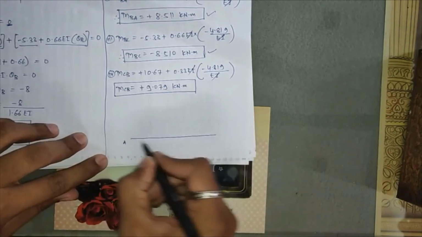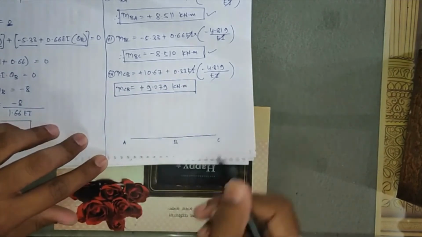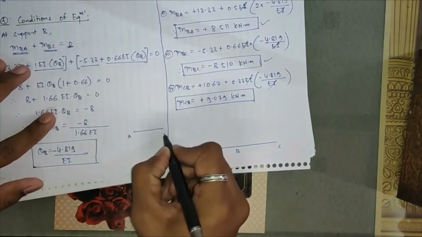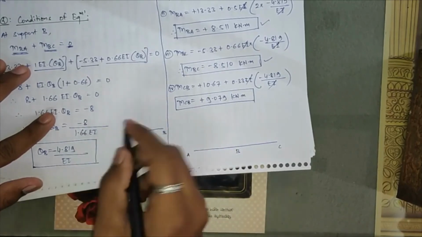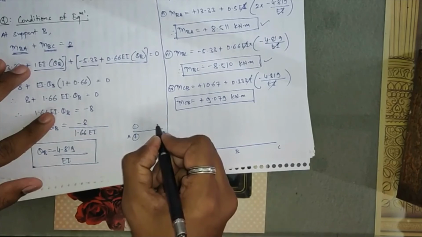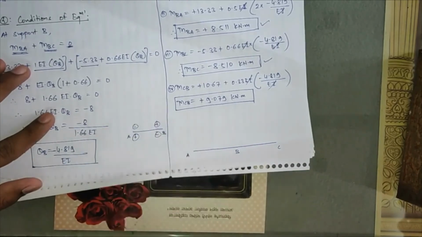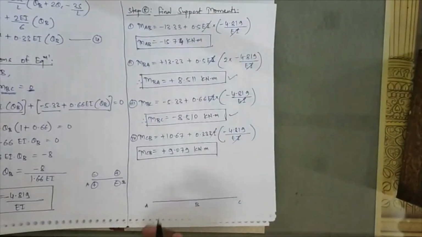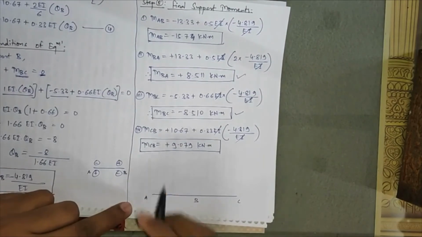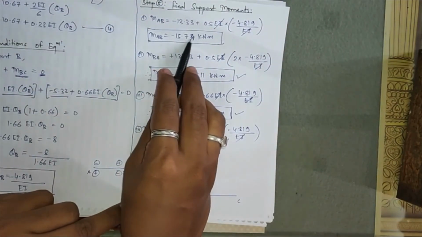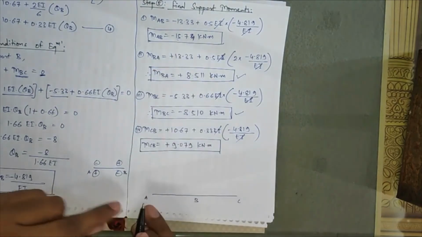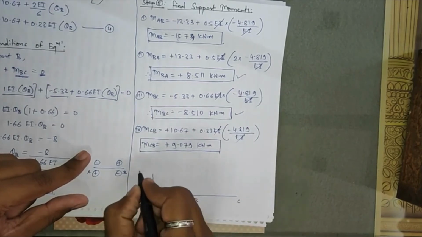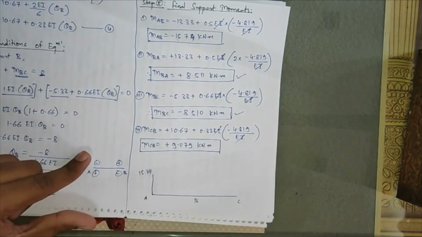This is my A, B and C. For that I have given you the sign conventions. Initially, for member AB, if a negative moment comes, plot it on the upward side. If positive moments come, plot them on the downward side, and the opposite for the other condition. These are for support moments. Now at joint A, how much moment are you getting? Minus 15.74. So it is negative, and it will be plotted on the upward side, 15.74.